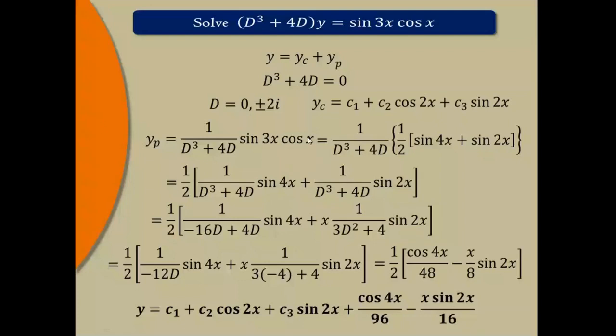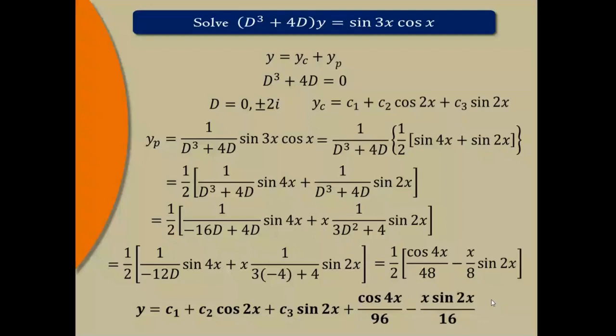But if you are having a product, then use the trigonometric formulas, sin A cos B, and then separate them. And then simplifying it, replacing d square by minus a square if it is non-zero. If it is 0, then take a derivative. If the first derivative is non-zero, attach x. If it is 0 and the second derivative is non-zero, attach x square. Like that we have to continue. But here, the first derivative is non-zero, so we attach a single x and simplify it. That gives us the answer. Okay, so that was the second special function, sine or cos, in the shortcut method.